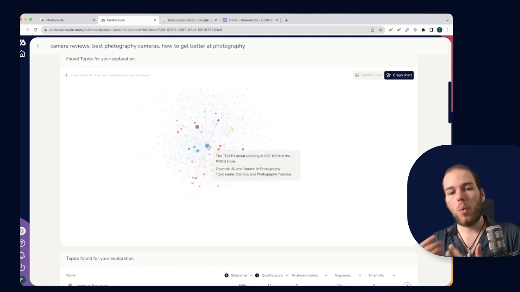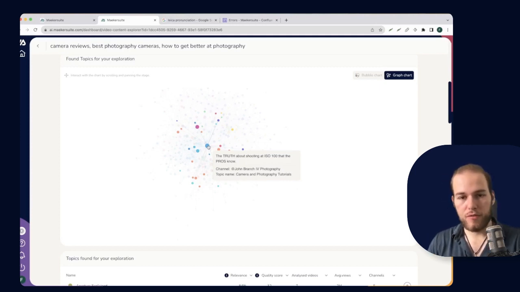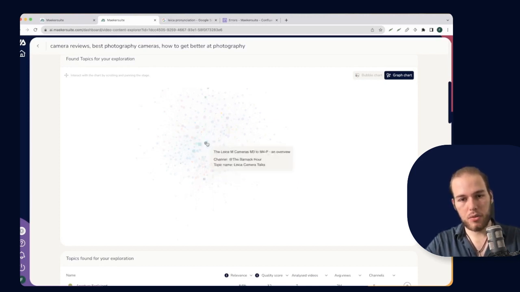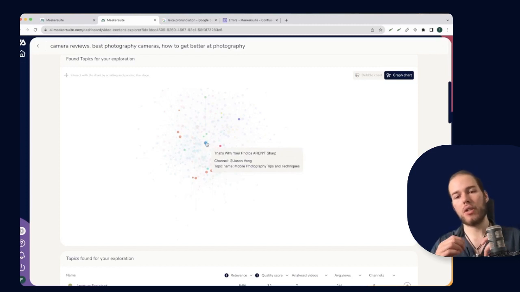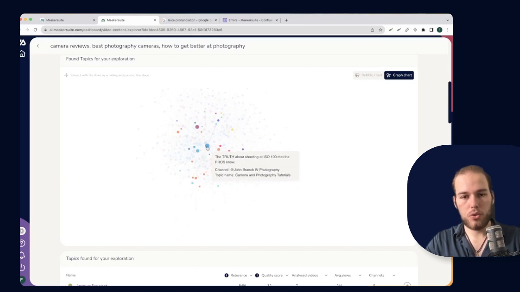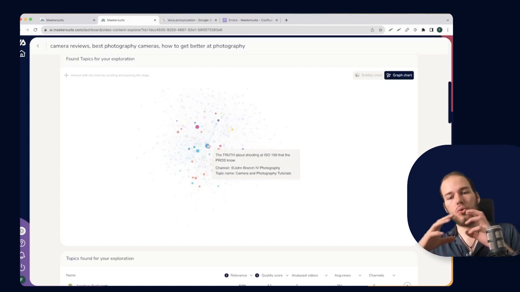So the way to get actionable insights out of this graph is to go ahead, look at big videos, analyze how they connect to each other, and then figure out, how do I make a video that takes 2 or 3 videos with big circles and funnels those viewers to my video. That way, you're not just capturing people from 2 or 3 videos, but all those people from the videos that are secondary connections that go to those big videos will then watch that video, and will then go to your video afterwards.